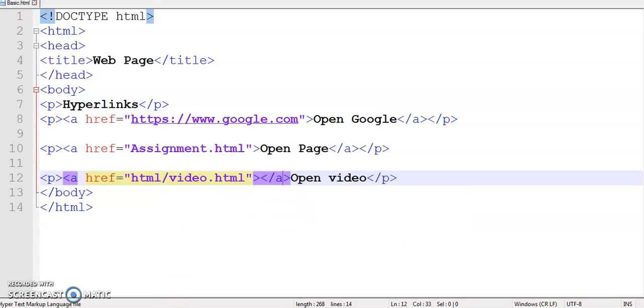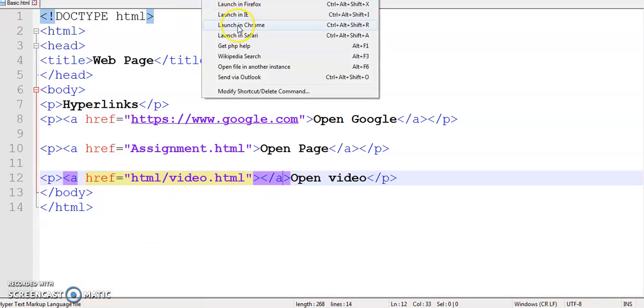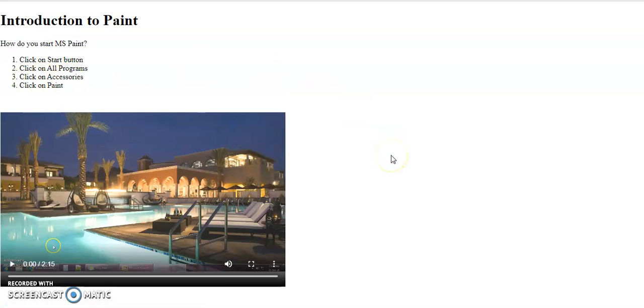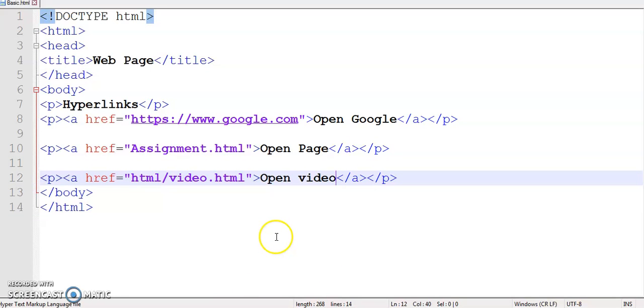So I'm going to save it and run it once again. Now the open video link is here. So when you click on the open video, it will open the video.html page. So these are the two examples of relative URL.